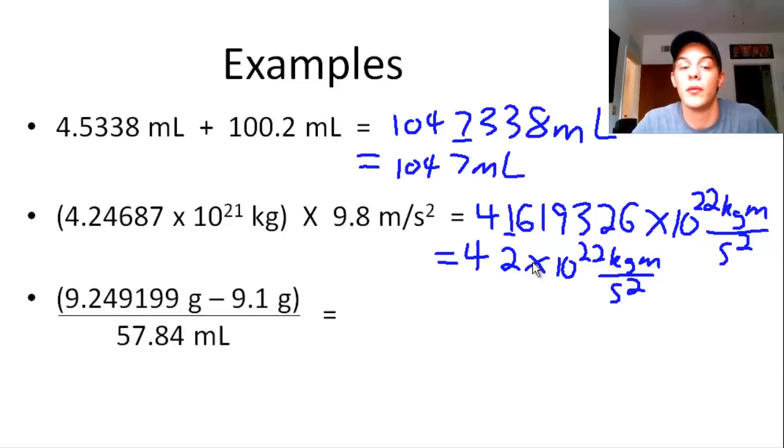We have 9.249199 grams minus 9.1 grams, that quantity, divided by 57.84 milliliters. So how do we do this? Well, the order of operations that you learn in like 4th grade math tells you to do parentheses first, so we're going to carry out this top operation first, right? So if we subtract this really long number by this really short number, that's going to give us